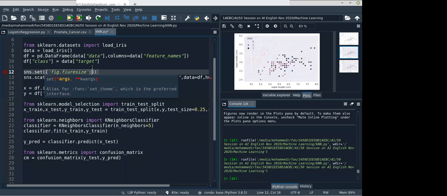You can give some values like height and width, and then it will change the figure size.